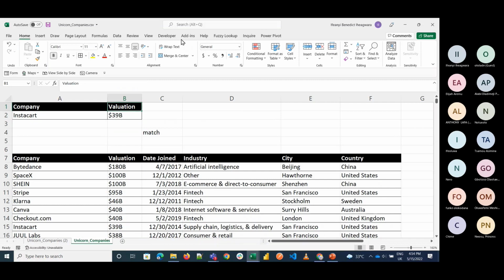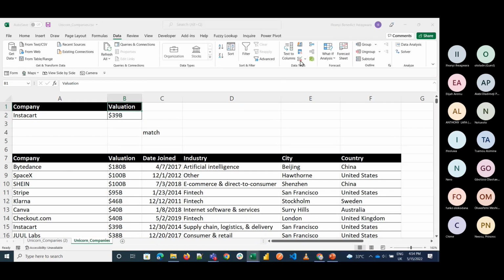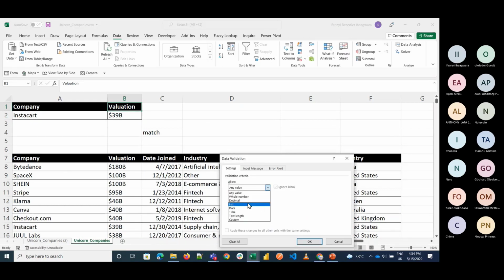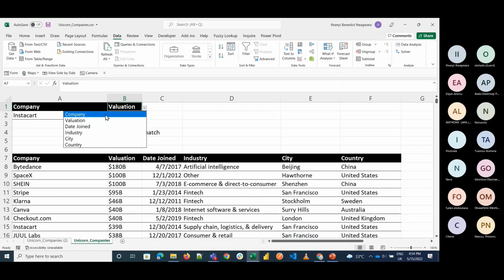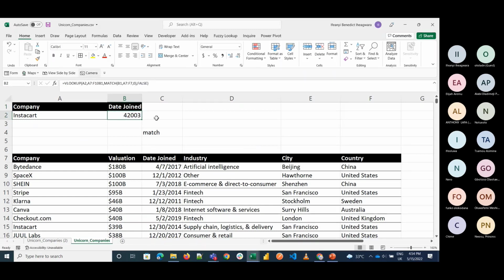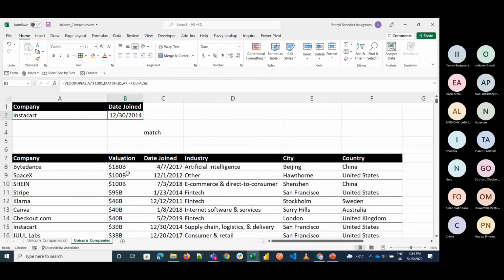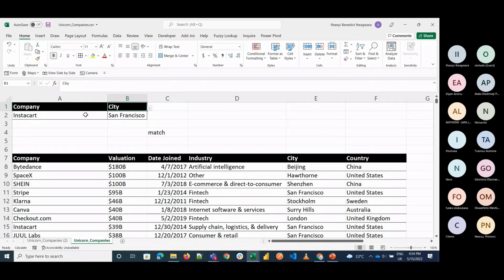So if I do a drop down, maybe in this place, whenever I come here and I pick anything about the company, like the dates, this date is Excel's way of reading dates. So I can simply keep it as dates. Whenever I pick any detail about any company at all, the city it is, it gives me information about it. And if I come here and I change the company,